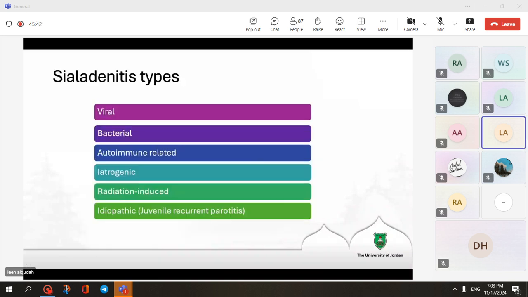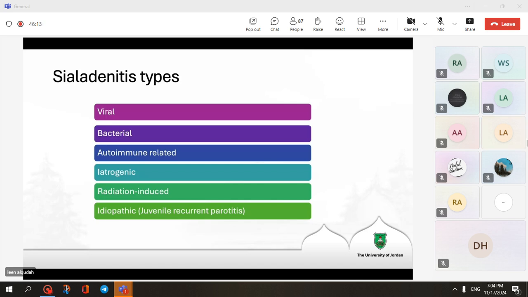Now, we're going to iatrogenic. I did not put it in here, but iatrogenic, what you need to know is that a long time ago there was something called surgical mumps. Patients undergo abdominal surgeries and they're left without food or fluids for a long time, and suddenly they're injected with atropine. Atropine is a cholinergic agent, and this leads to the enlargement of the parotid glands, but it's no longer there because